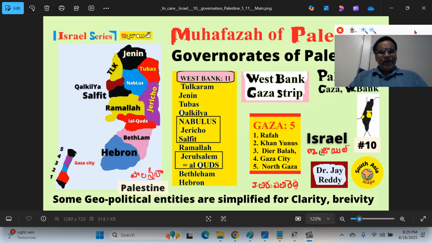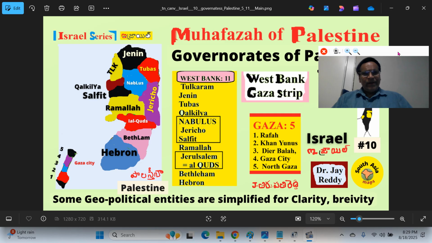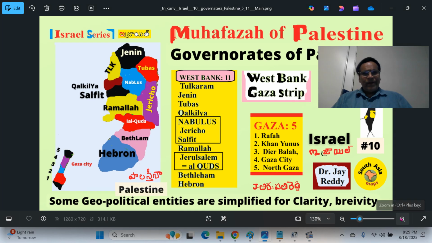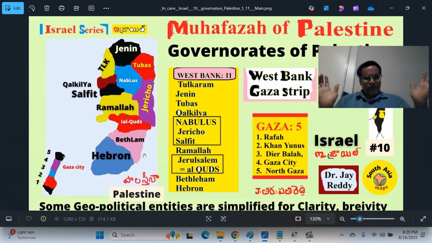This is the Palestine region, the British Palestine region, and this is the Palestine territory now. The Palestine territory has two parts. We can say this is the main part, and this is rather an exclave of it. There is the Jordan River here, whose headwaters come from the Mount Hermon region, and it goes to the Dead Sea. The west side is the West Bank, the east side is the East Bank.